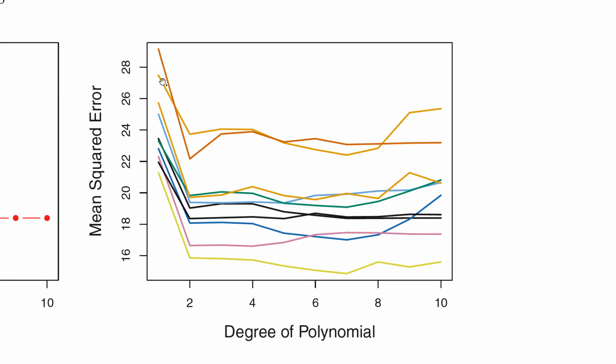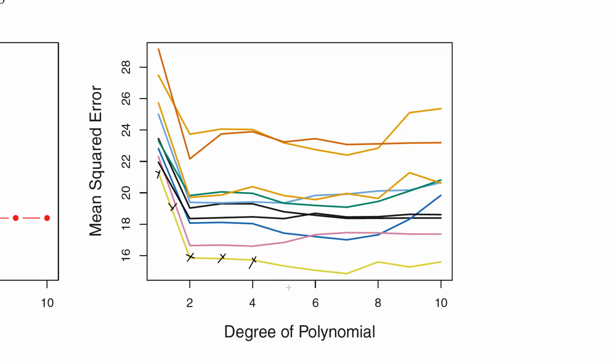So let's take, for example, the yellow. Before we start discussing the degree of the polynomial, degree 0, degree 1, degree 2, degree 3, before we do that, we first choose from the 392 observations, we cut the data, and we say this half